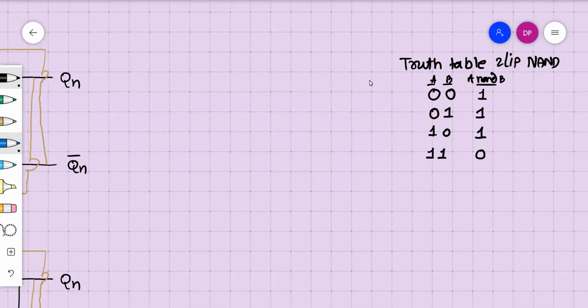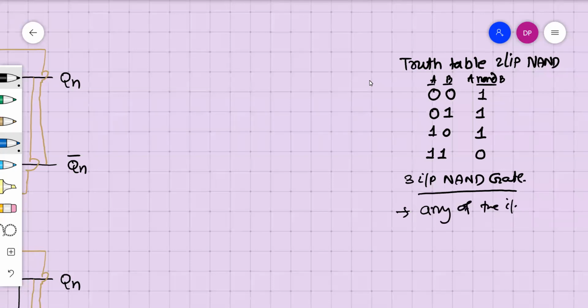Similarly, let's write the truth table for a three input NAND gate. When any of the inputs out of the three is 0, the output will be 1. And the other case is when all the inputs are 1, then the output is 0. So we will take this into consideration and easily we can make the truth table of the JK flip flop.